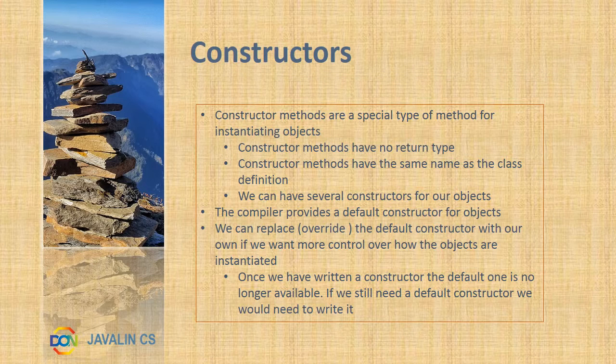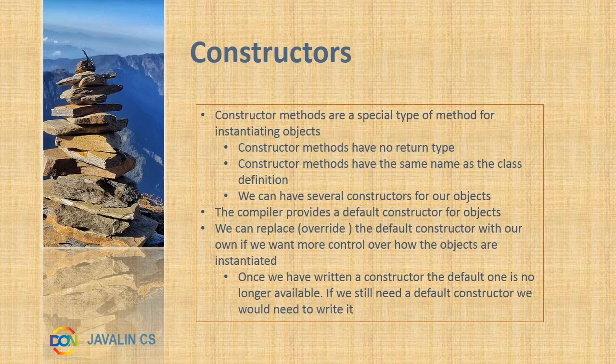So let's summarise what we've learned about constructors. Constructor methods are a special type of method for instantiating objects. They have no return type and they need to have the same name as the class definition. One thing I haven't mentioned is that we can have more than one constructor for our objects. So, for instance, in our dice example, we could have a second constructor which assigned values to the sides of